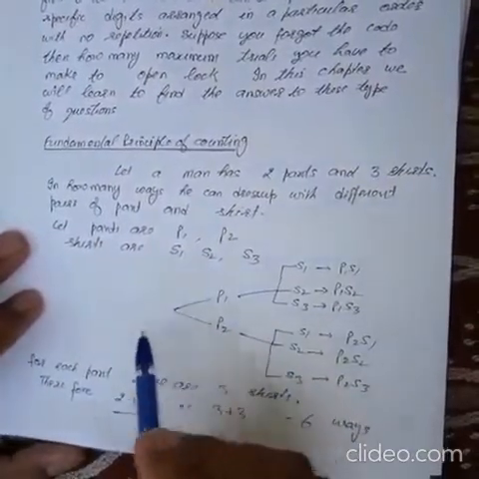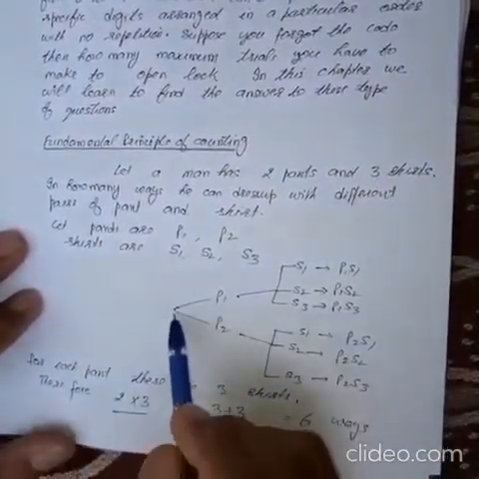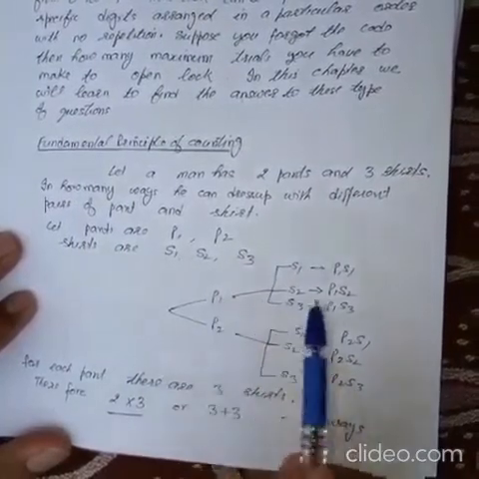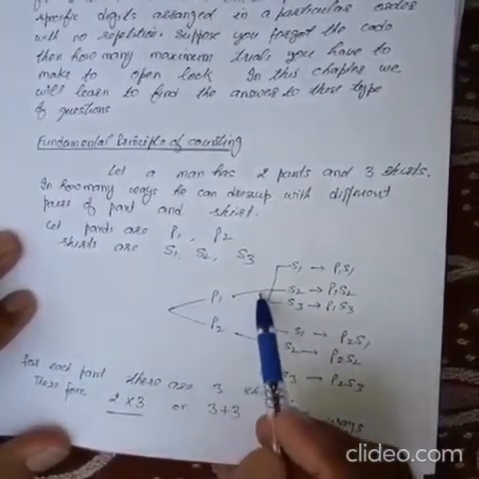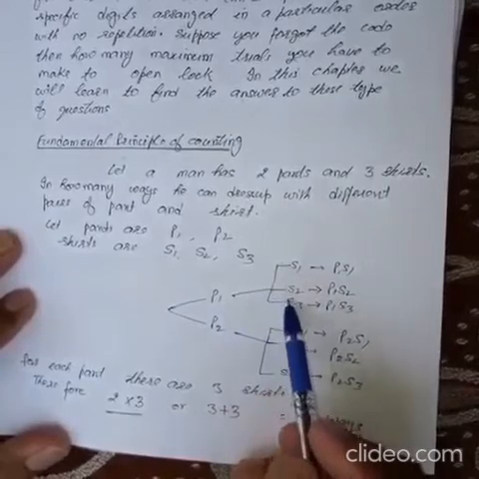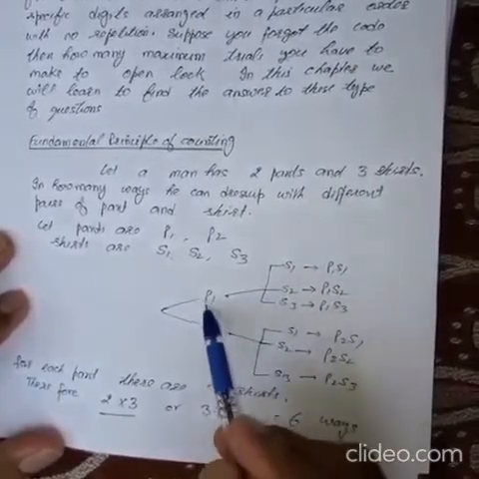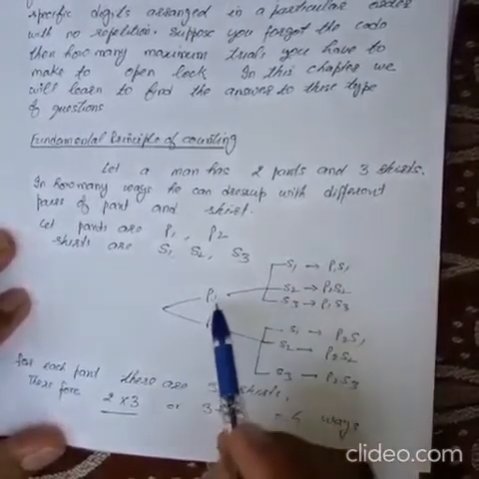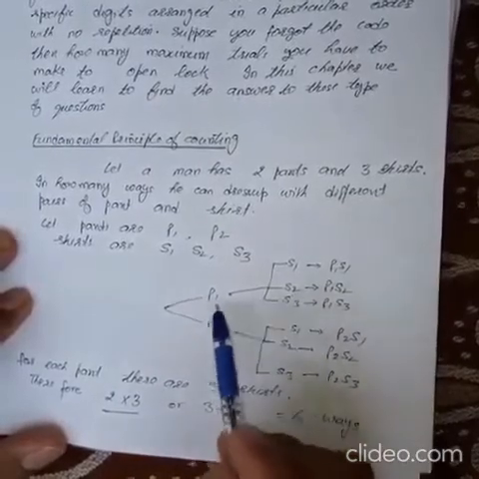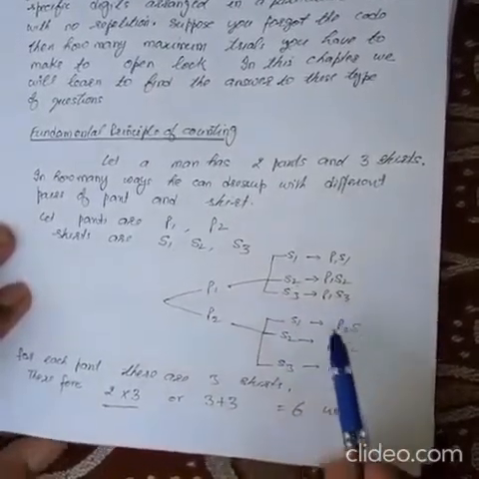Now suppose he has to select the pant first. He has selected pant P1. Now with the pant P1 he can wear any one of the 3 shirts. It means he can choose P1 S1, P1 S2, or P1 S3. Similarly,